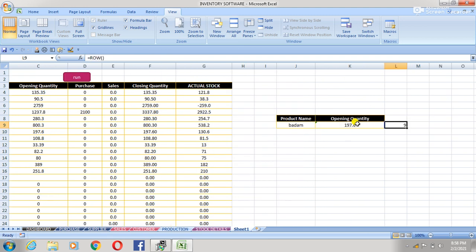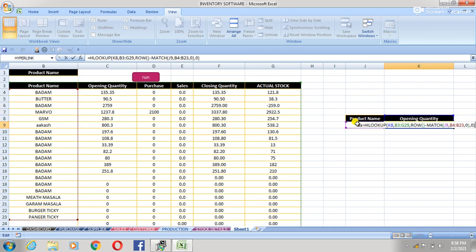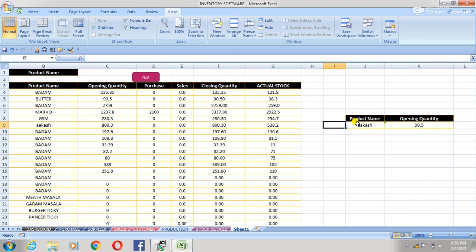Okay, 197. Now we can see the changes. Akash, see here 90, 800, 90 in this range. So that is how we apply the double formula.